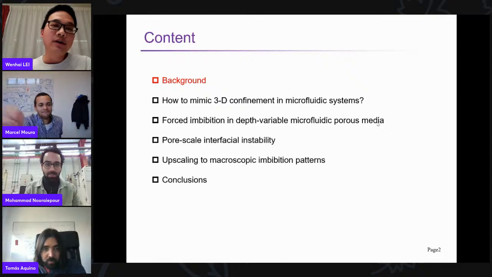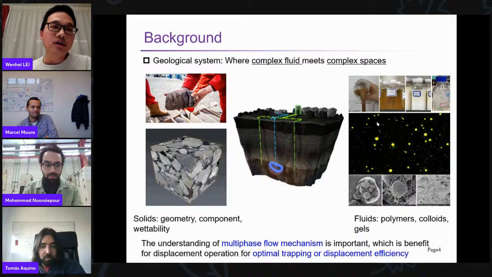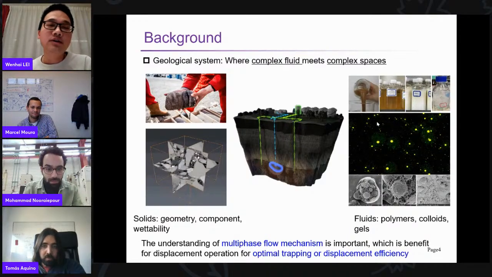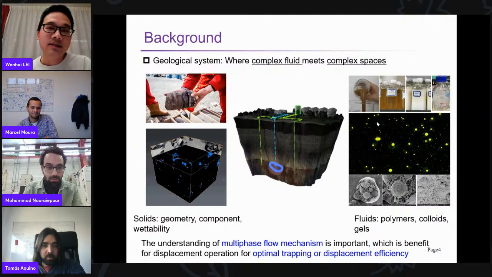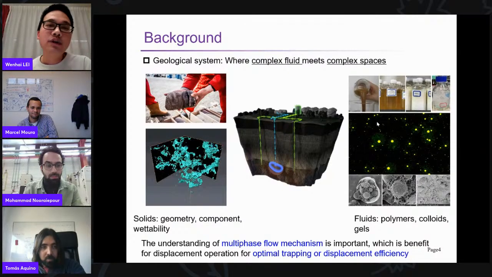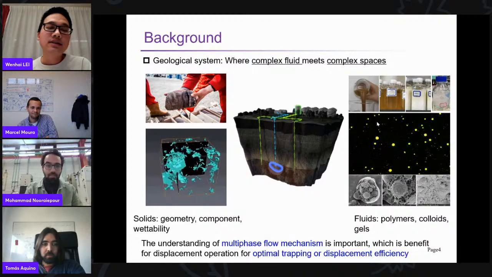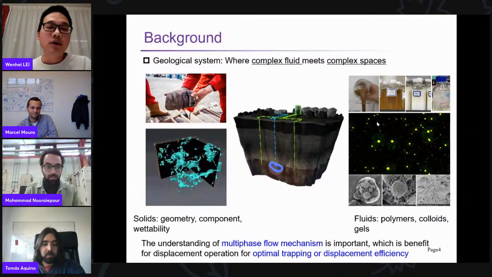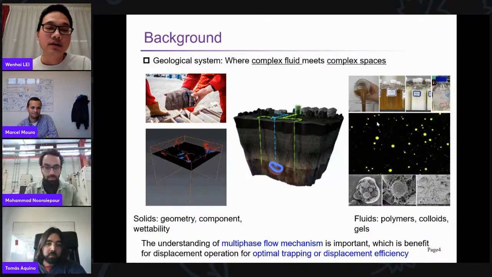So let's introduce the background. Actually, multiphase flow occurs ubiquitously in natural and industrial processes, such as in geological systems, chemical engineering, and biological systems. Today's topic mainly focuses on geological systems. For example, let's consider a rock. The rock geometry is very complex. When we want to conduct CCUS or enhanced oil recovery, we should inject different fluids into such complex spaces. So the understanding of multiphase flow in porous media is very important,